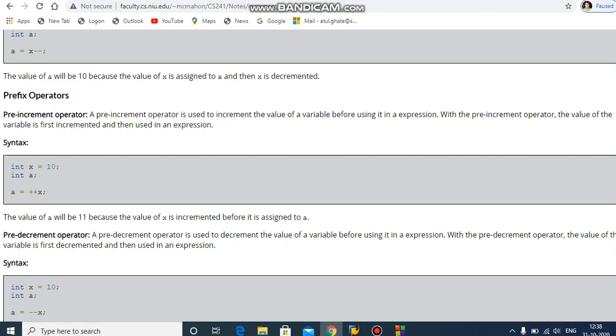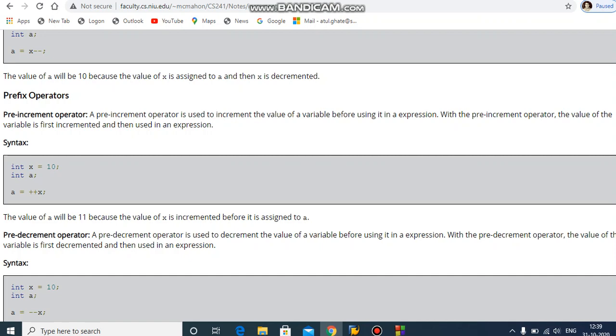It means x equals x plus 1, that is 11, then the value 11 will be assigned to the variable a. So the value of a will be 11 because the value of x is incremented before it is assigned to a. So this is called the pre-increment operator. Please, all these points are very important. Please note them down in your copy and differentiate between them.